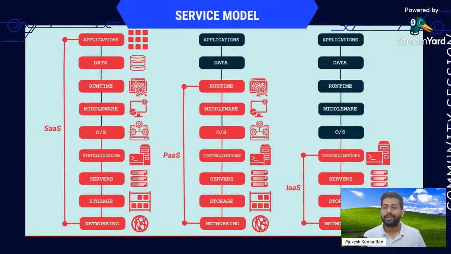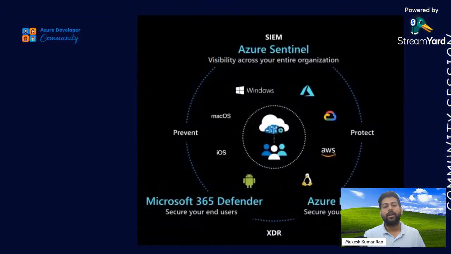Last class I discussed the service models. For a SaaS based application, we don't have to maintain that much; everything is maintained and controlled by Azure. But if you are working on the infrastructure and platform part, you will be a part of that black colored area. We have the OS, middleware, and runtime, and in the platform we have data and application. So how can we use this? Let me showcase the main security services.